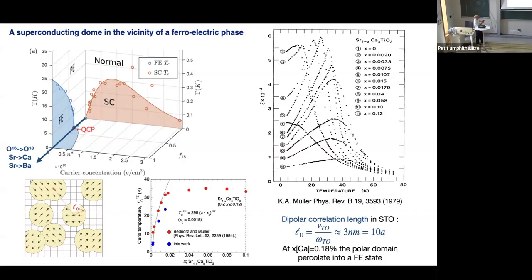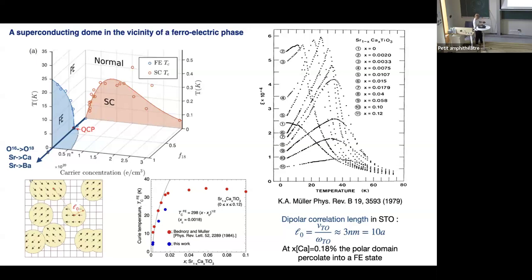So here you have this quantum paraelectric regime, and you add some electrons, and at some point you see a peak, which tells you that the system goes into a ferroelectric phase. And in the case of calcium, this occurs at a very small density, which is about 0.18%, which corresponds essentially to the moment where this polar regime, so essentially close to calcium, you have a polar